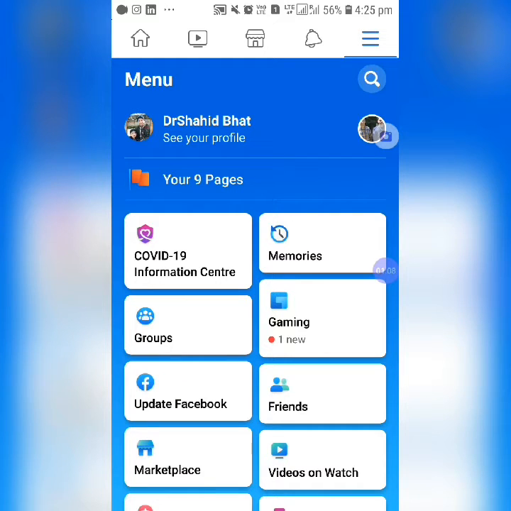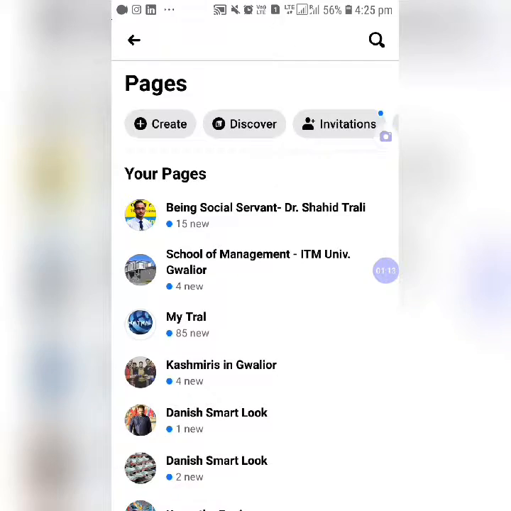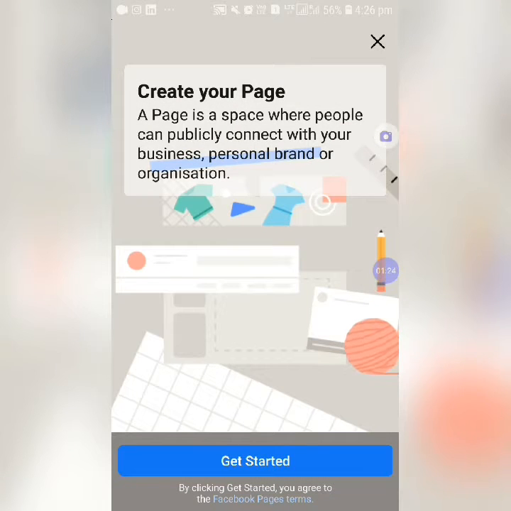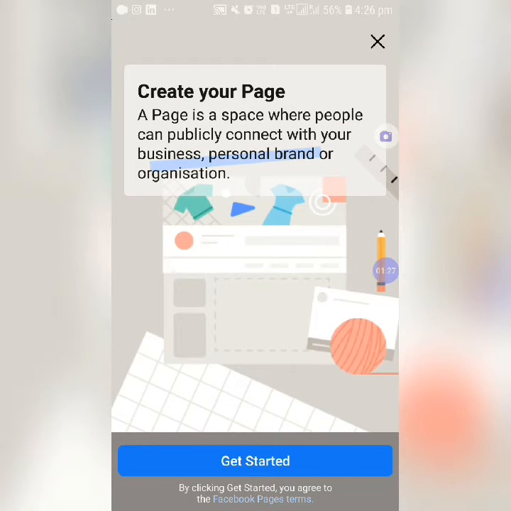Now we have to move to your pages. Under your pages, I have already created a number of pages, but if we have to create a new page, we have to click on the create option. Now we have to follow the process here.